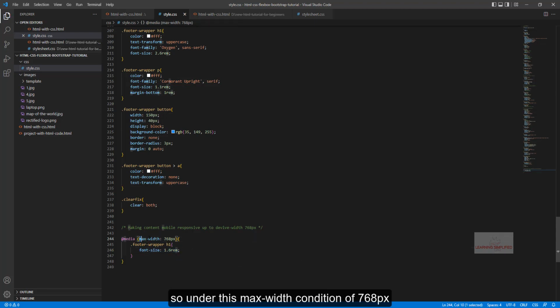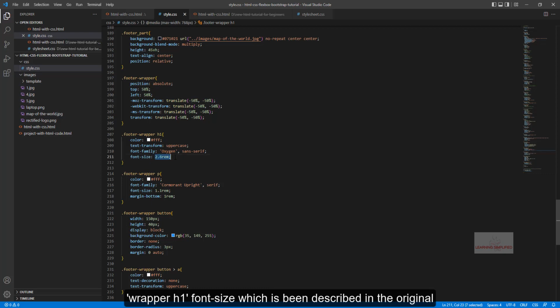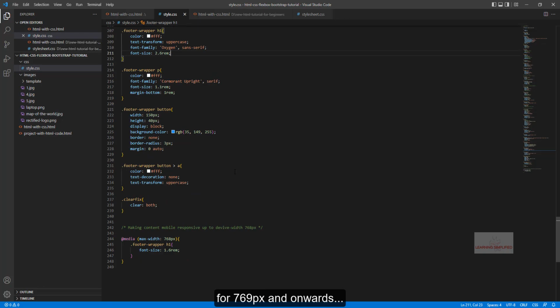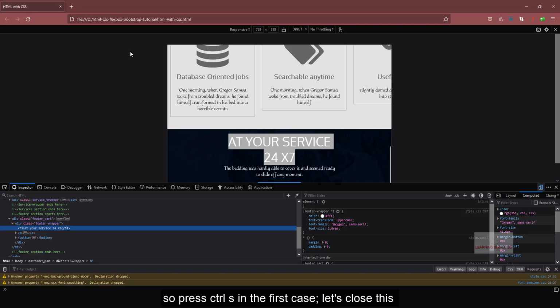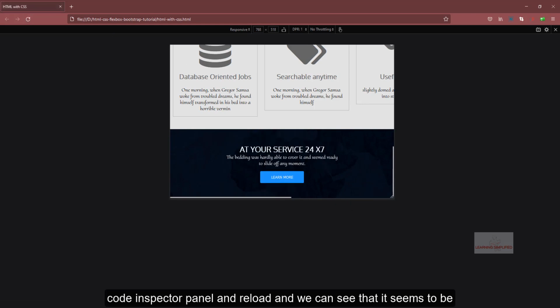So under this max width condition of 768 pixels, the font size of this footer wrapper H1 will be set to 1.6 rem, but from 769 onwards, the footer wrapper H1 size will be scaled up to the default font size described in the original style.css. It is going to be 2.6 rem for 769 pixels and onwards. So press Ctrl S in the first case. Let's close this code inspector panel and reload,